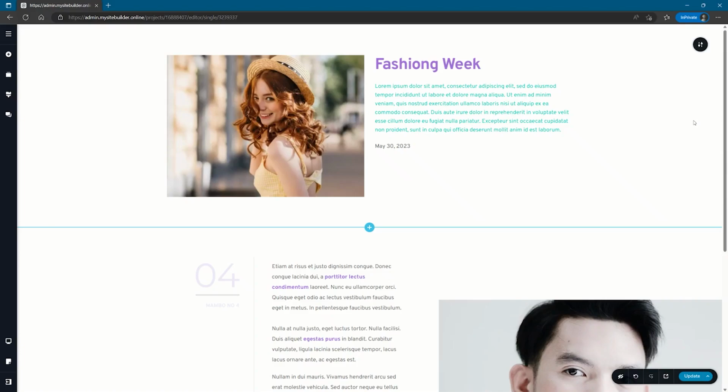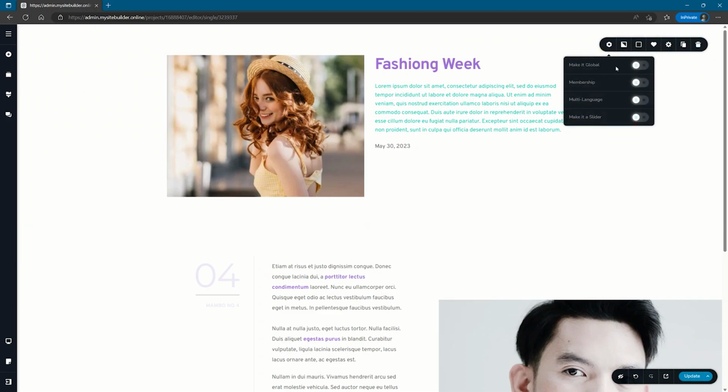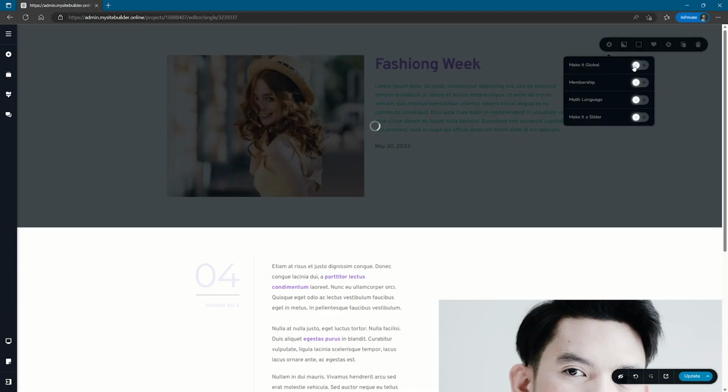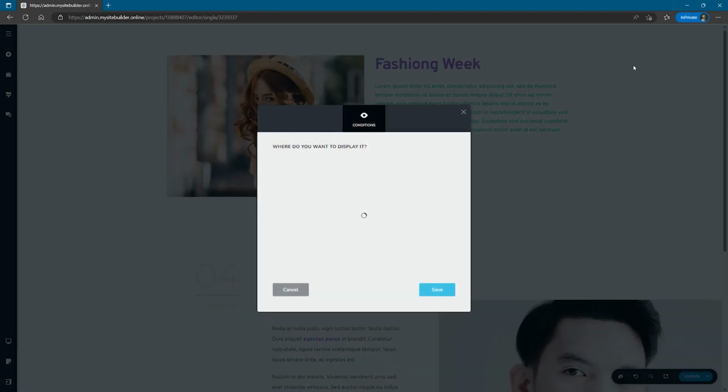Once you have brought in the dynamic elements and built up your page, you're going to assign this as a template that will be used on all your post pages. Go to the block settings all the way to the left and select Make it Global. This is going to open up the conditions, and by default, it's going to be set to appear only on this